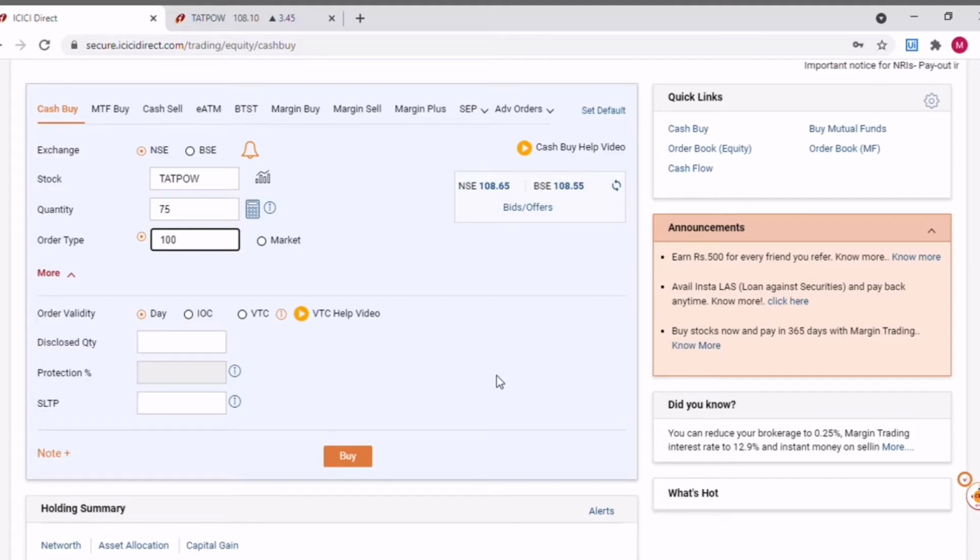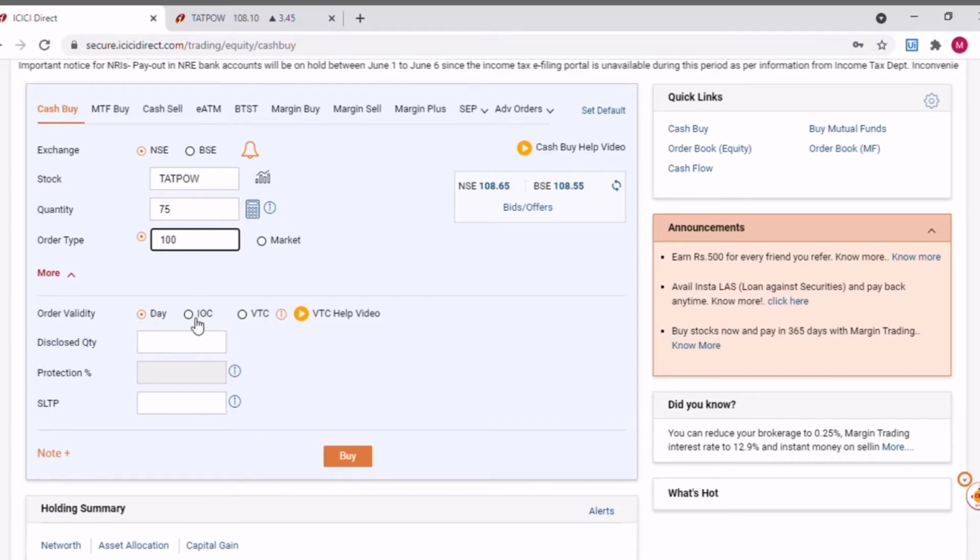That is one of the difficulties if you go with the day option and with the limit price. If you are selecting a market order, then it's okay, because whatever price it is going at in the market, it will directly get executed at that market price, so we don't have a problem when selecting market. But when you select limit, then definitely if the order doesn't get executed on the same day, it will get cancelled.